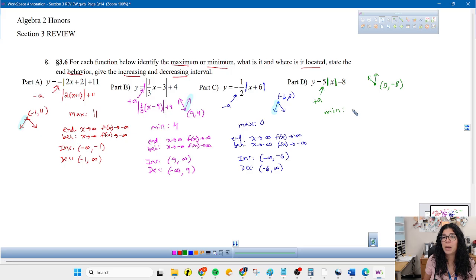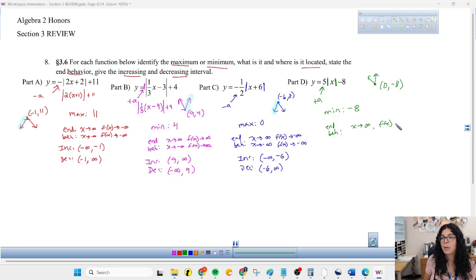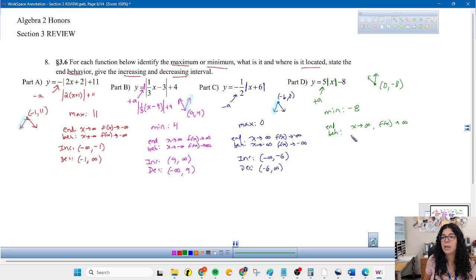In this case, it would be a minimum of -8. The end behavior matches the one for part B since it's upward facing. So the right side goes up to positive infinity, and the left side goes up to positive infinity as well. Both ends go up. Last, increasing, decreasing, which matches the increasing, decreasing of part B, because it is upward